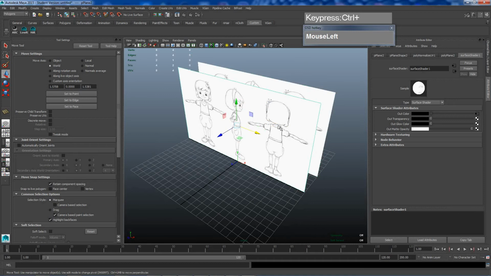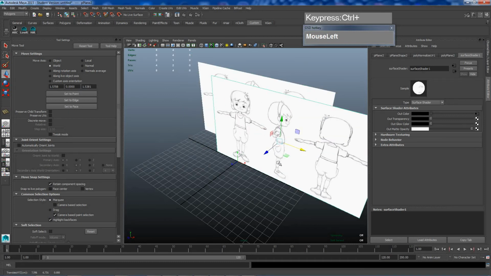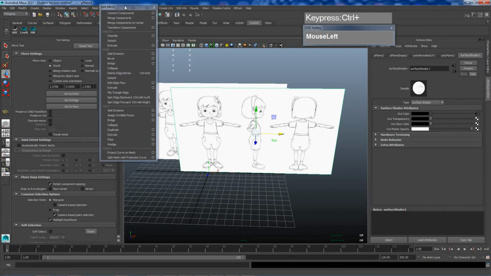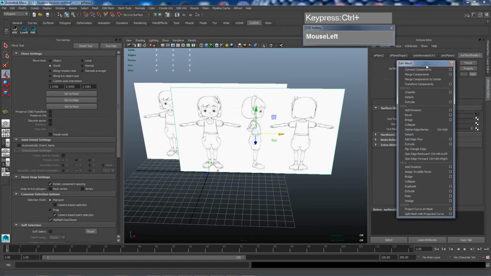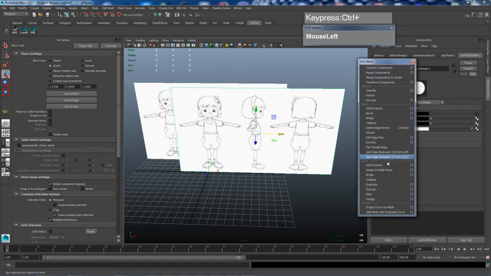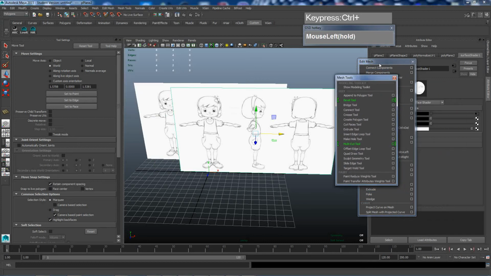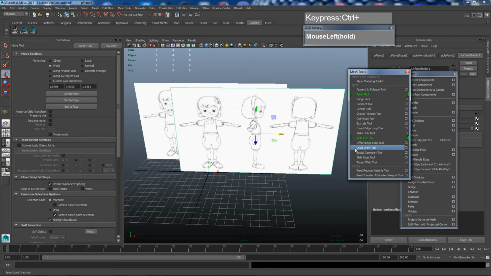Okay, I'm going to click on the first plane and assign this as my front reference. So I don't really need these two image references. I'm going to go to polygons mode under edit mesh, click on the dotted line to pull out the entire menu here. Since it's Maya 2015, a lot of the tools for editing meshes have been transferred to the mesh tools menu. So I'm going to click on this mesh tools menu to bring out the most commonly used tools for me